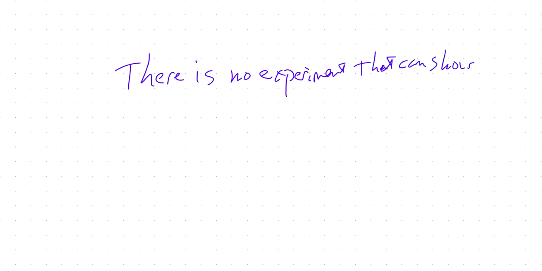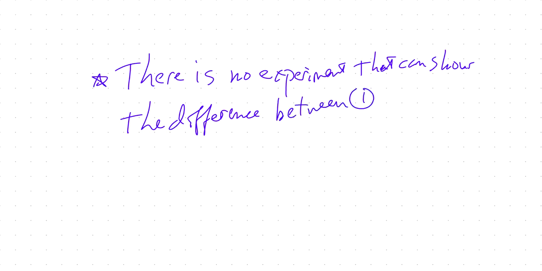There is no experiment that can show the difference, assuming, of course, you're not looking outside. This is the closed door, or closed room experiment. There's no experiment, so I call it the elevator experiment. There are no windows on an elevator typically. There is no experiment that can show the difference between 1, 2, and 3, meaning an accelerating